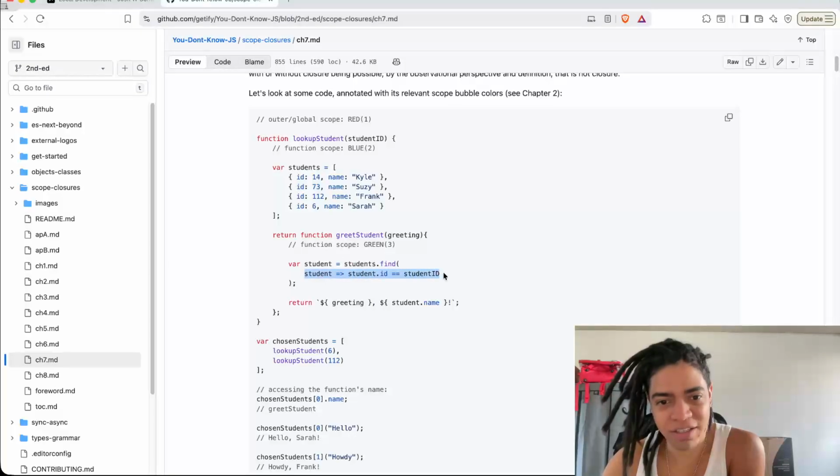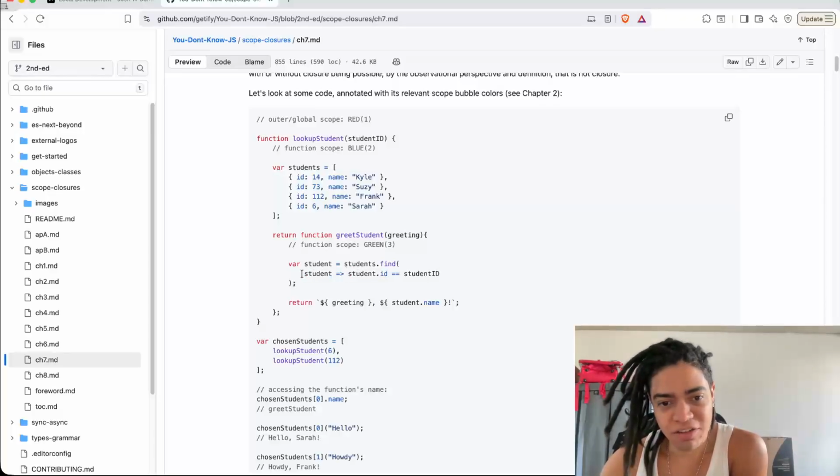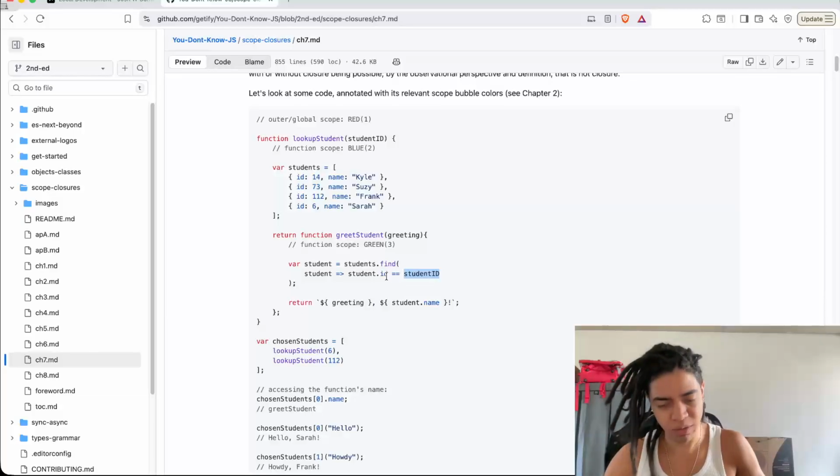I'm going to pass this arrow function, right? So this arrow function says, hey, I'm expecting to receive an input anytime this function calls me for each one of those elements, and this is what I expect to run: let me check if student.id is the same as the student ID. All right, and if it is, I'm going to return that element. The question is what find does,